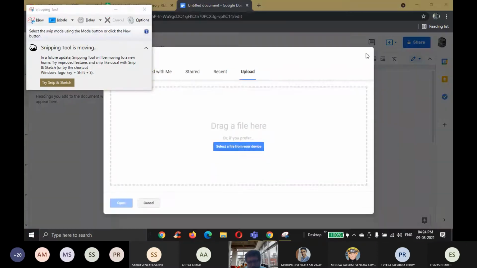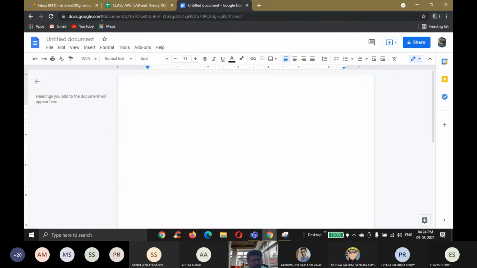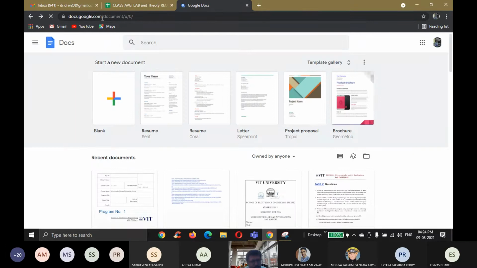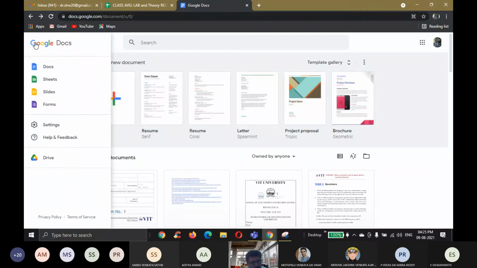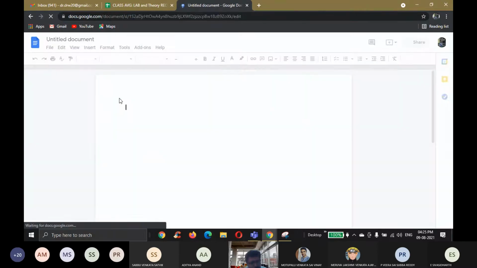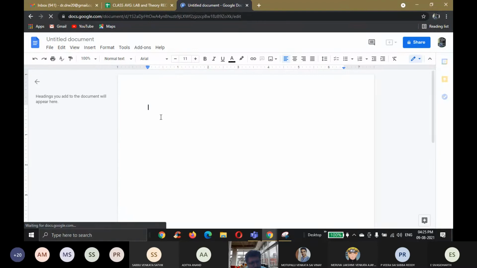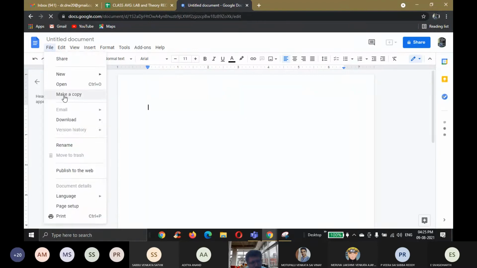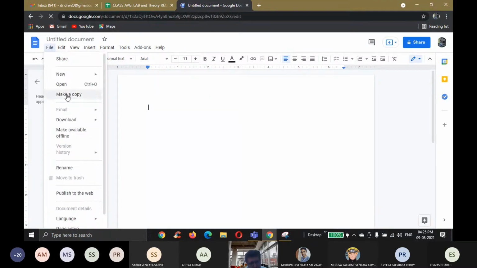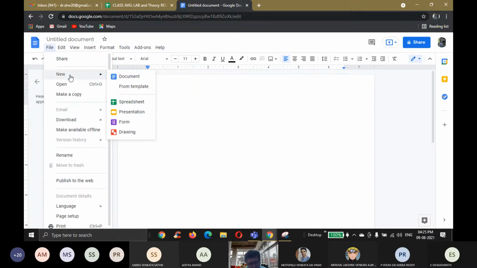Okay, I will tell again. So in the document, you just type docs.google.com. There you click this plus symbol. In the plus symbol, you will be having a file. Before this, you must have downloaded that document.